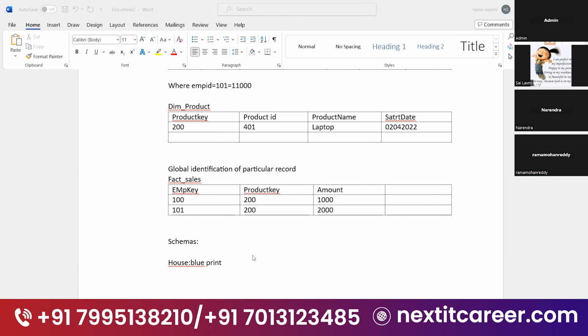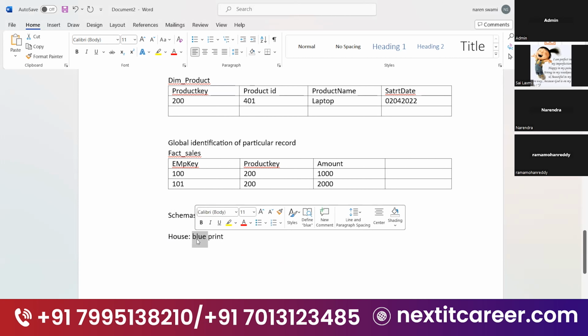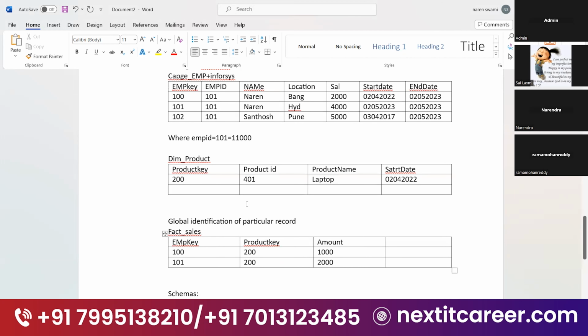Suppose you want to make a hall here, and according to the Vastu Shastra you will place something else. So the hall should be here, the bedroom here, and we have to maintain cupboards here, and the kitchen should be here. That is called a blueprint. While constructing a house, you will have a soft copy of how it is going to be designed and constructed. The same way, if you are going to build a data warehouse,